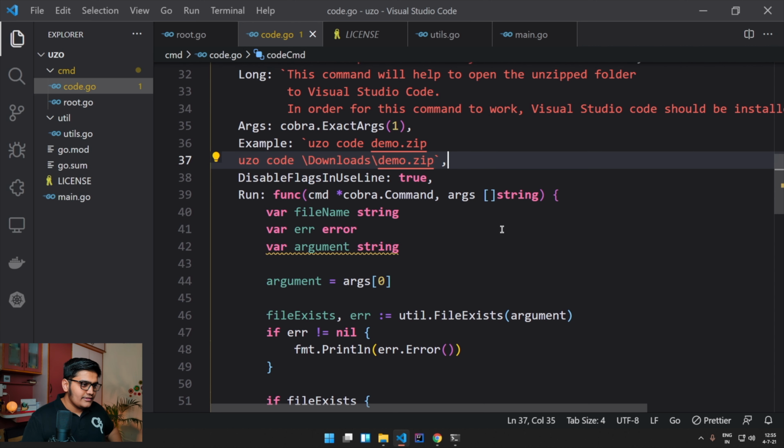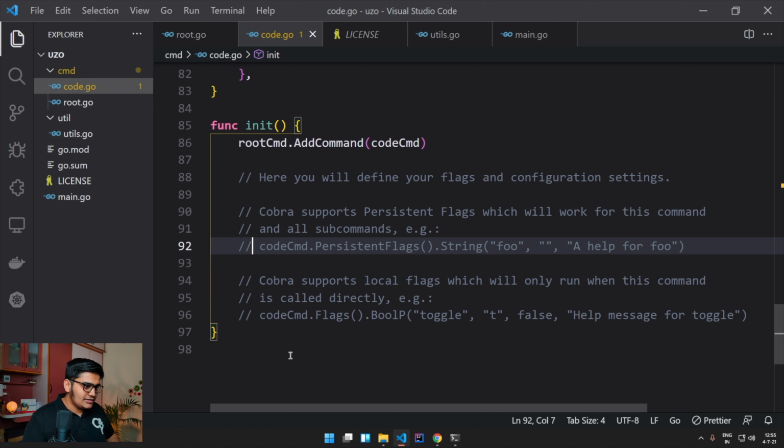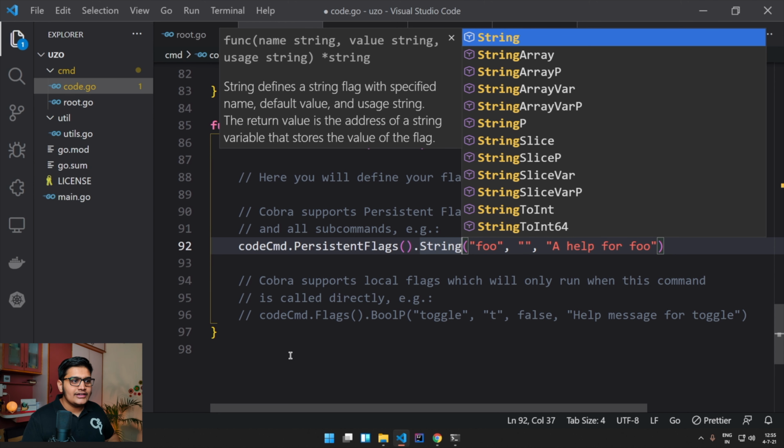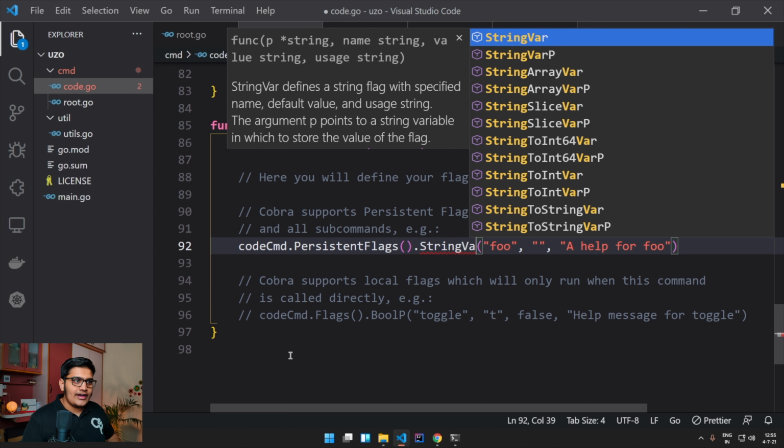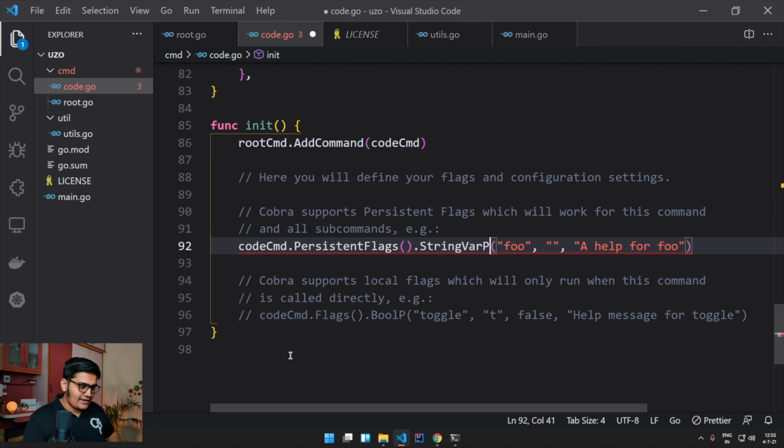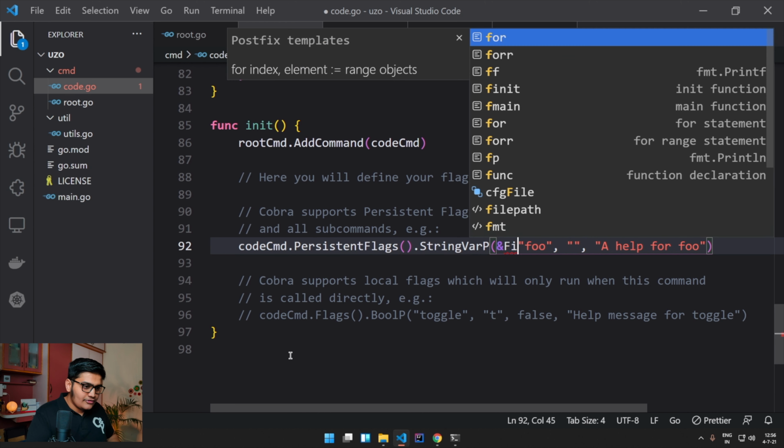What I need to do is come over here, and suppose this is the command that I am uncommenting in the init method. codeCommand.PersistentFlags().String, but I don't want String, I want StringVarP with persistent flag. So it will store that particular value in my variable. Suppose I am creating the variable &file over here.